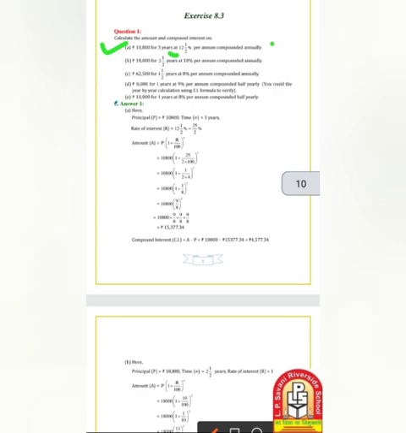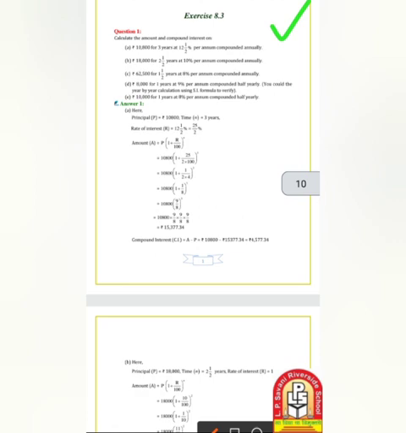per annum compounded annually. Here in the first question we have to find the principal amount. It is already given: 10,800, and the time is given as 3 years, and the rate of interest is 12 into 1 by 2. After simplification, 12 into 1 by 2 is 25 by 2. Here we have to find the interest compounded annually.